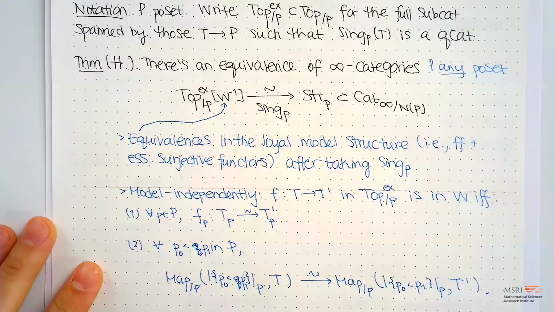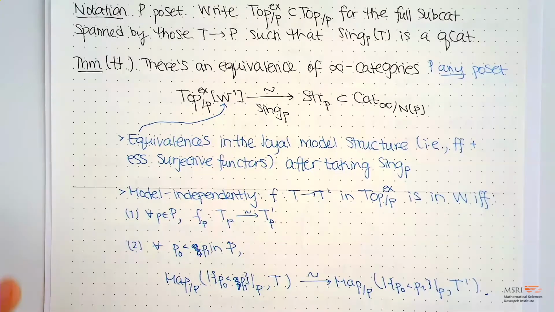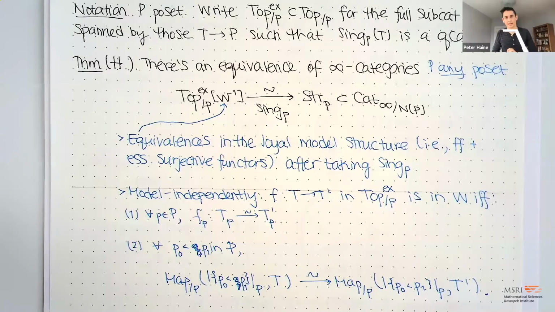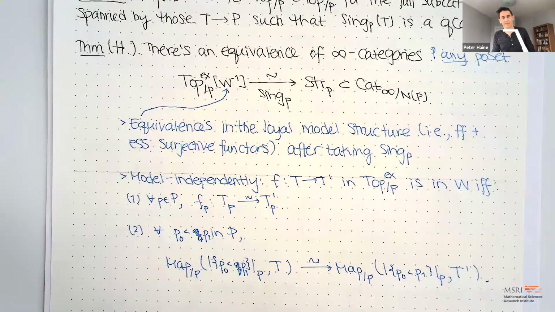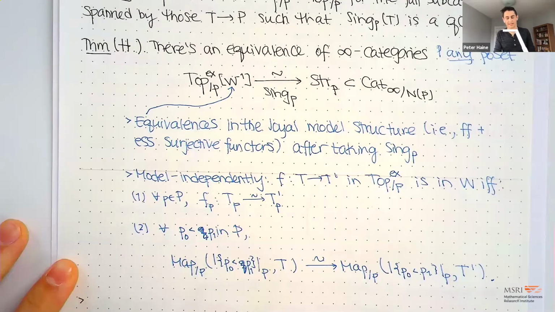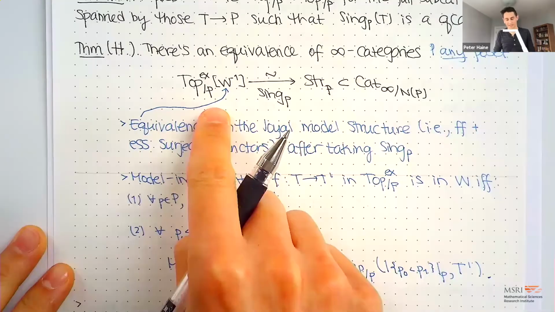So what you're doing is identifying Joyal weak equivalences of the singular construction. That's the main part of the theorem at this moment. There are a number of things to observe. The first thing is that this theorem doesn't get proven by just somehow proving by hand that this thing is an equivalence. So really,